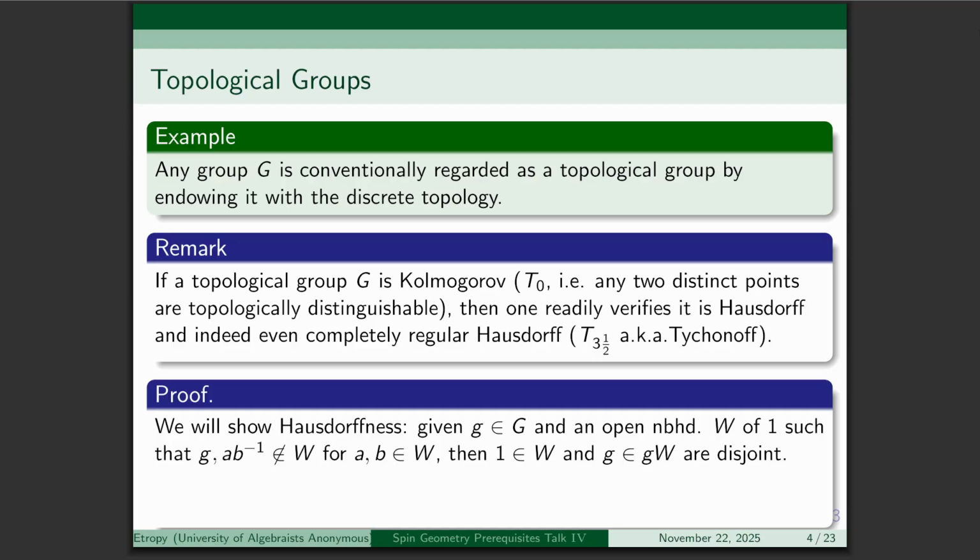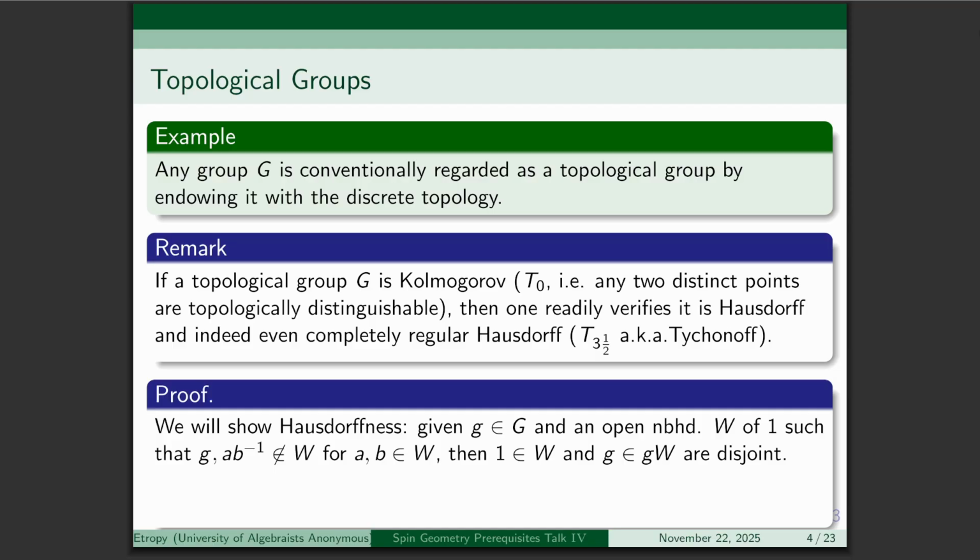And so if we want to show that given any 2 points, we can find disjoint open sets, we can just shift everything by a homeomorphism, mapping one of them to the neutral element, and it suffices to assume that one of them is the neutral element. So let's take some element g of our group not equal to 1, the neutral element. Throughout the talk, I will denote groups multiplicatively, except when it's explicitly addition, and I'll use 1 for neutral elements. Then, if we have an open neighborhood around 1 which doesn't contain g,